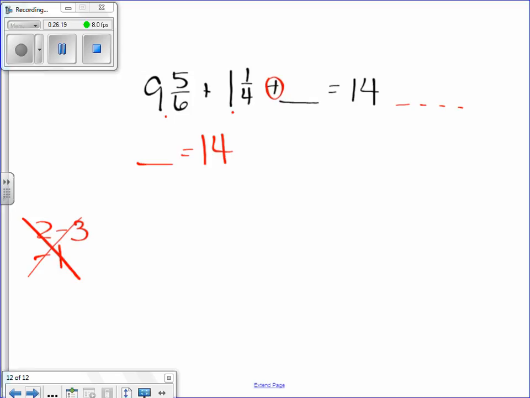To figure out, it's like a missing add-in. Isn't that a missing add-in? Yes. To figure out the missing add-in, don't I subtract stuff? I'm taking these numbers and I'm moving them over there so I can